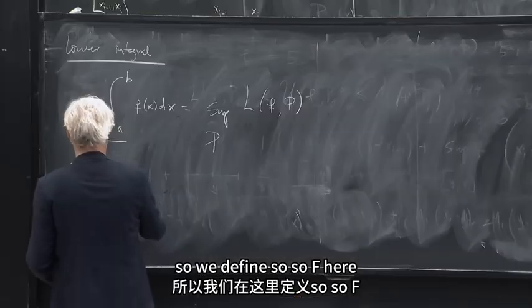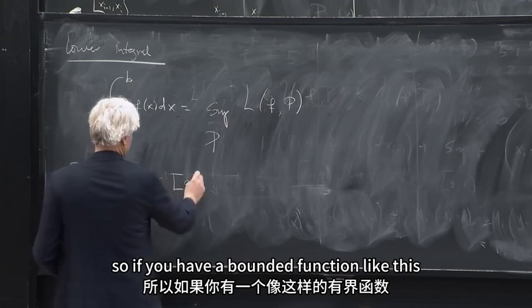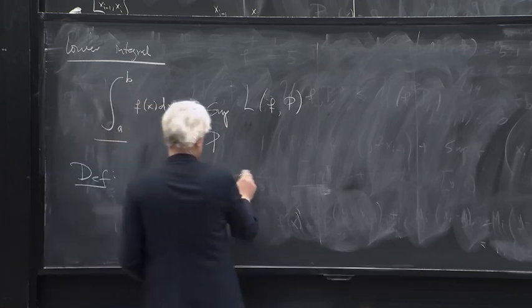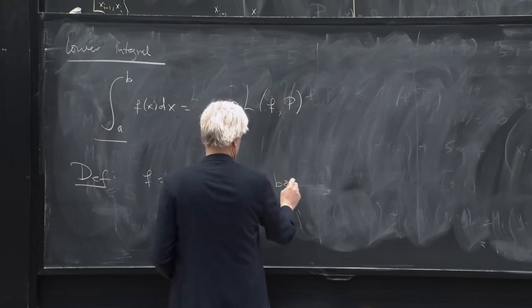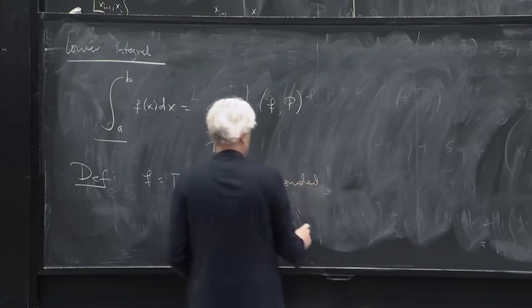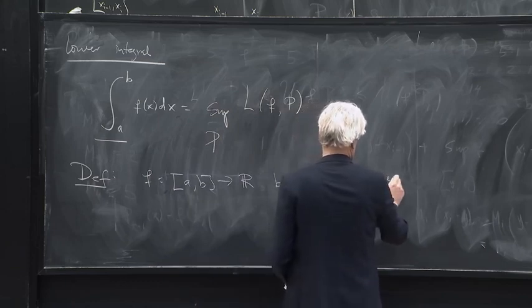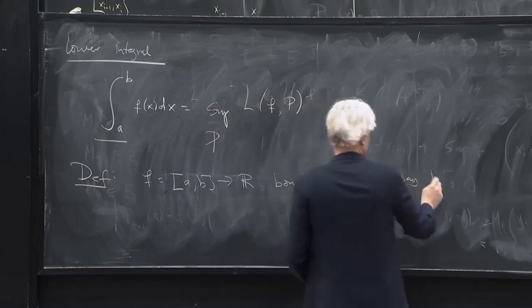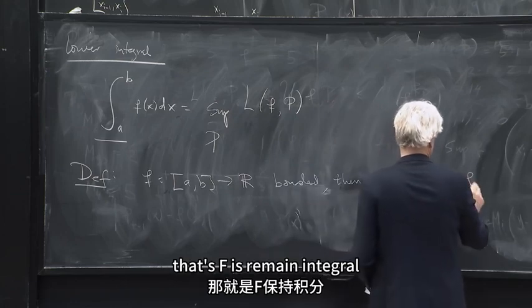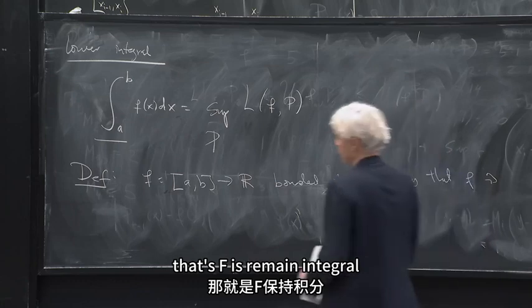So if you have a bounded function f like this, then we say that f is Riemann integrable